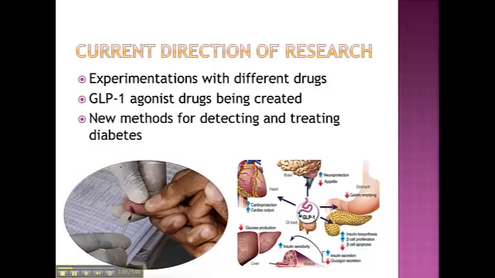Different types of drugs are being experimented with that restrict the amount of glucose lost in urination. Temporary drugs are being developed with GLP-1 agonists, which is a naturally present hormone that signals for the secretion of insulin and lets the brain notice when eating. Patients get injections of this type of drug weekly, but more permanent solutions are being developed. New methods for detecting and treating diabetes are also being introduced, mainly screening. Those with conditions that are often present in diabetics will be screened to prevent further